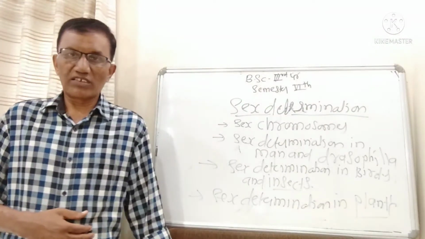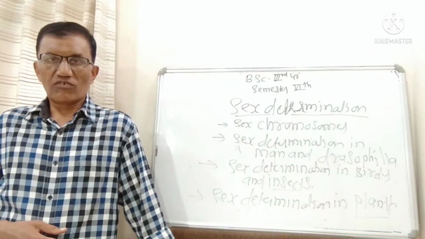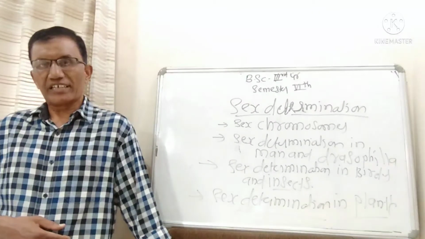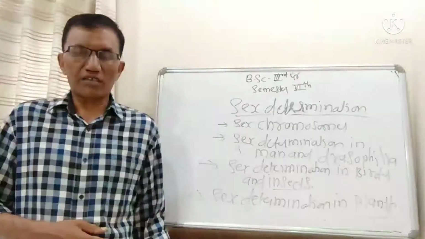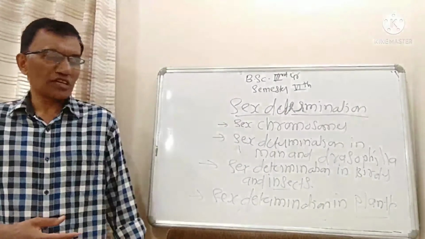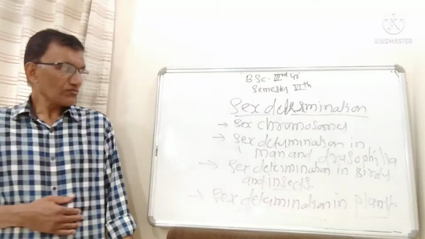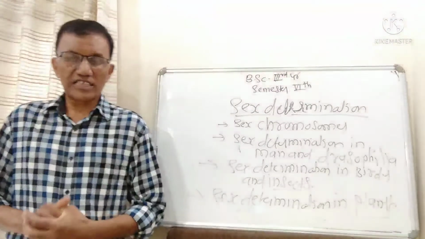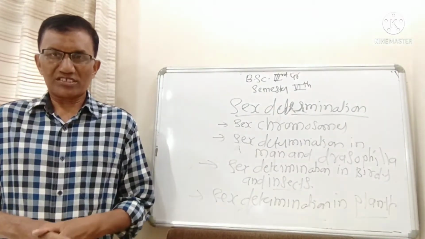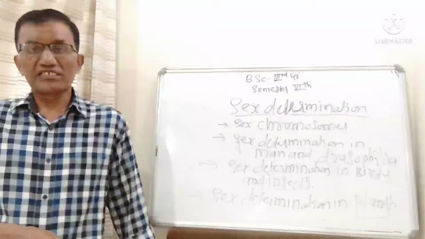While studying the structure of the X chromosome, it is linear in structure, and while studying the structure of the Y chromosome, it is slightly bent on one side of the chromosomal arm. These two chromosomes are mainly responsible for the sex determination of that particular individual. Later on, many geneticists worked on sex determination and gave their own hypotheses, that is the chromosomal theory of sex determination and the genic balance theory of sex determination.